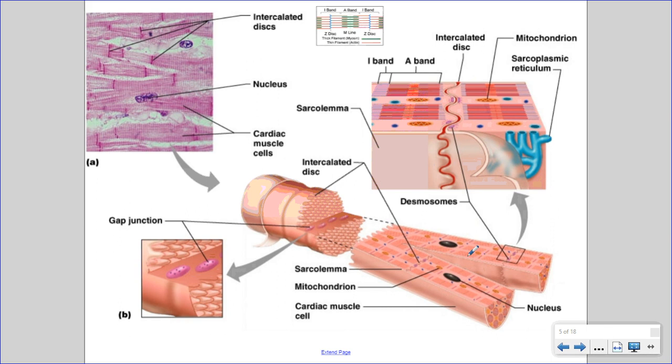So another diagram just showing the organization of that cardiac muscle cell. So we have a histological picture of cardiac muscle. The dark purple stain is going to be those intercalated discs. The intercalated disc, again, is basically where one cell ends, and it's a disc because it's kind of flat and